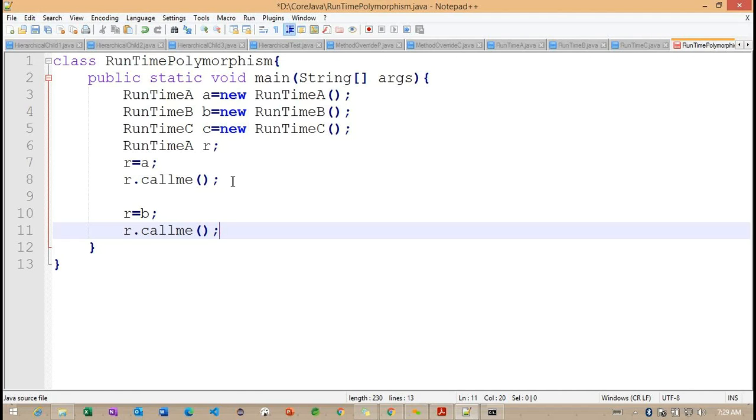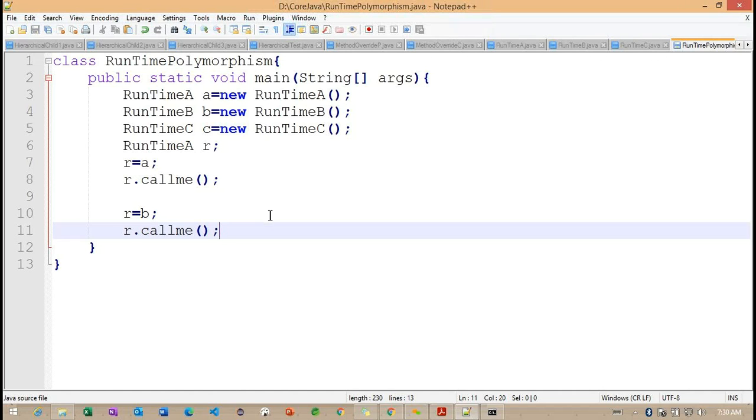Yeah. So we may get some error because we cannot access a child class method from a superclass reference. Okay, that may be some error. Now here we need to think about how this runtime polymorphism is going to work, and how the compiler is going to change the reference at runtime.